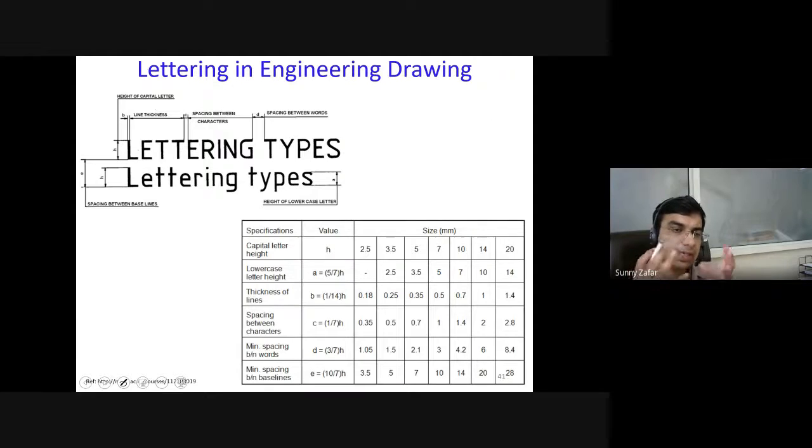This lettering used to follow, and even still follows, some aspect ratio. But in the current scenario, you just have to keep this information for yourself. This is again taken care of by the computer aided drafting software, which has all the specific or standard fonts which you can pick to do the dimensioning and other lettering on any machine drawing.